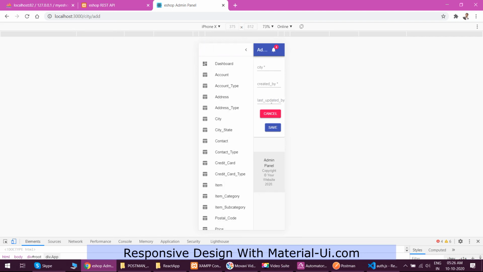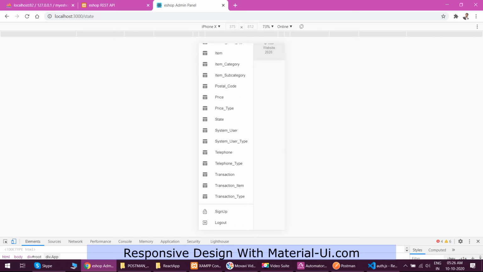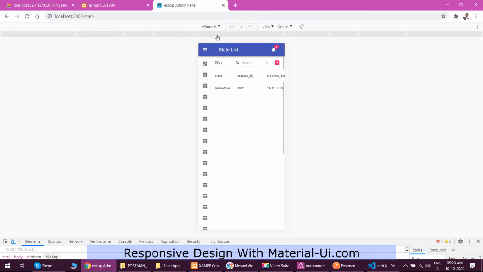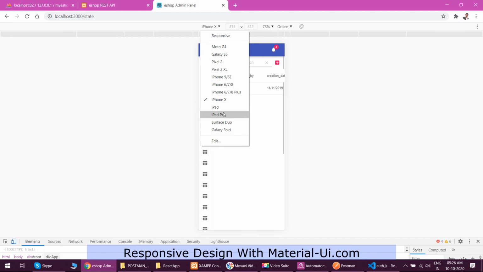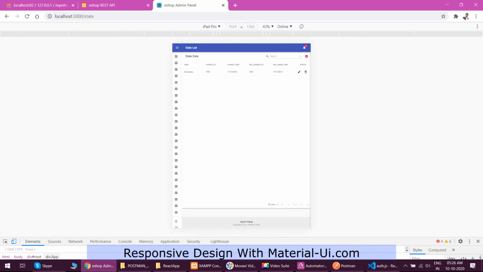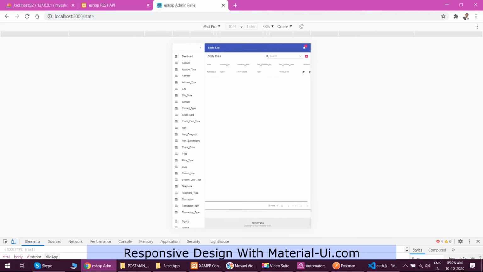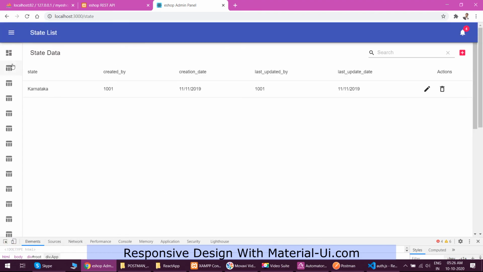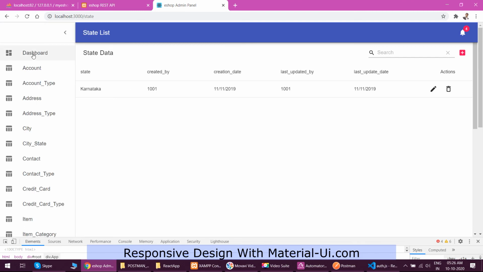So all responsive. Scroll to some other table and everything is responsive. You can change it to iPad or other devices to see if it is working or not. So all this you get without writing a single line of code.